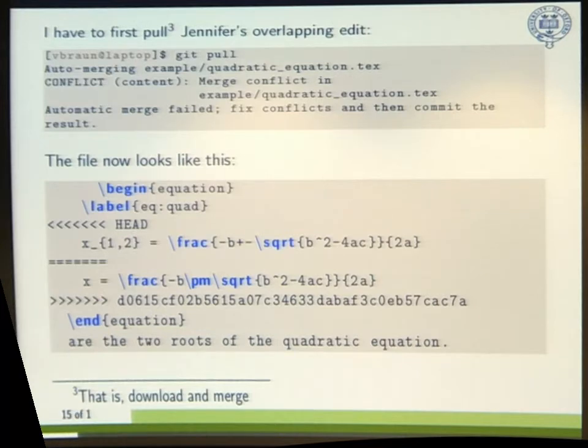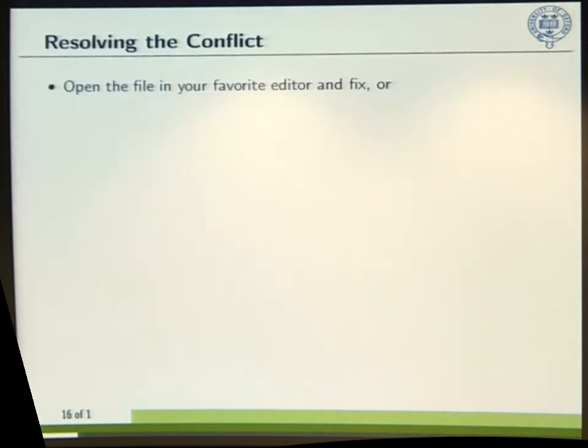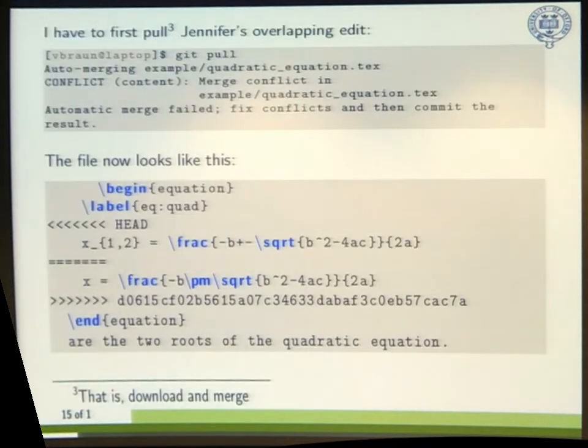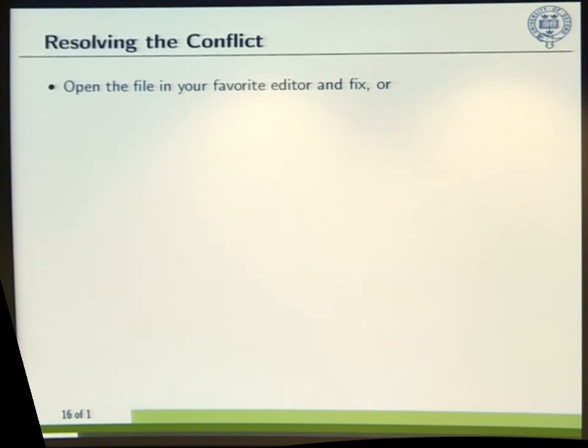What happened is, Git tried an automatic merge, failed, and the file now looks like this. There are these markers. One line is the change that I made. One line is the change that's currently in the repository. And then for good measure, there's also the hash of the last common ancestor that we had. So now it's my turn to resolve that. How do I resolve that? Obviously I can open that file in an editor and delete all of that and make my own merge, whatever that is. Or